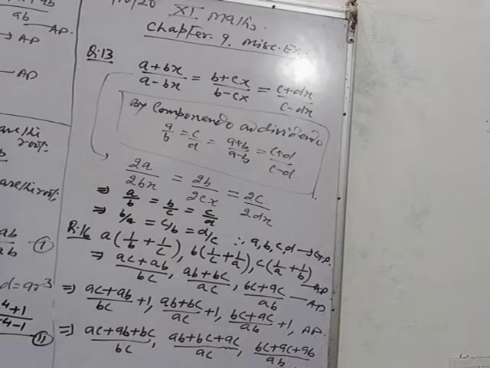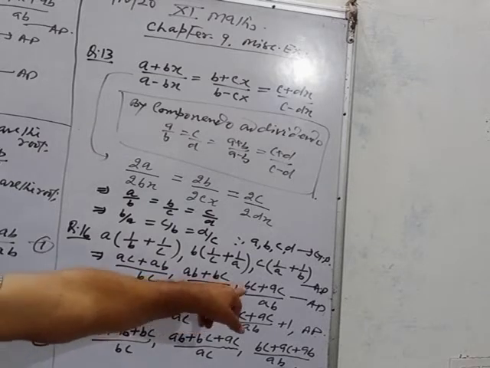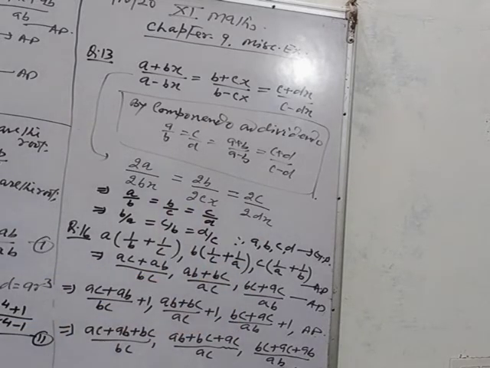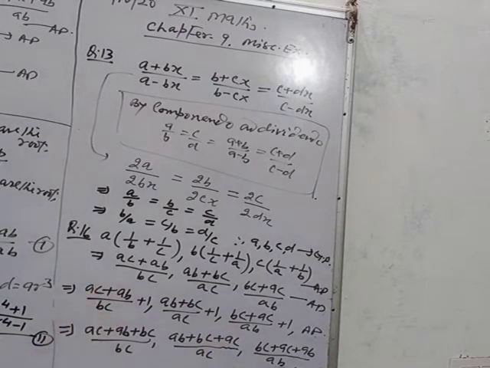So in the next step, what do you get? AC plus AB by BC, AB plus BC by AC, and BC plus AC by AB. So the terms will remain in AP. If you add 1 to each and take the LCM, you will get a numerator